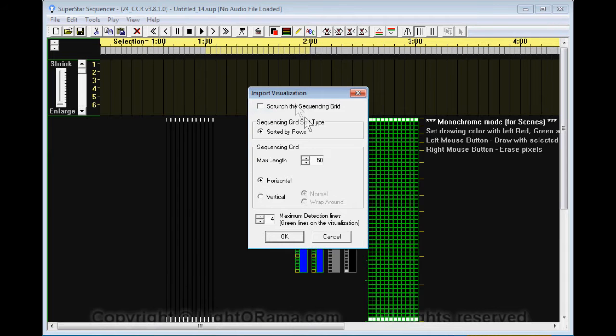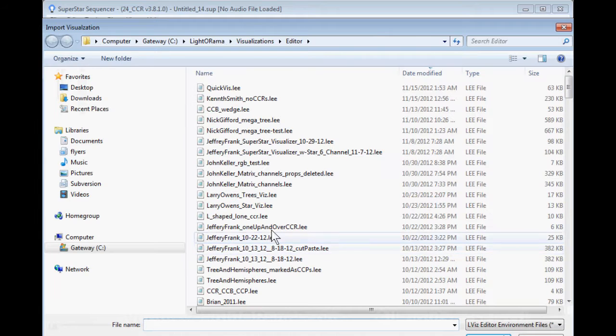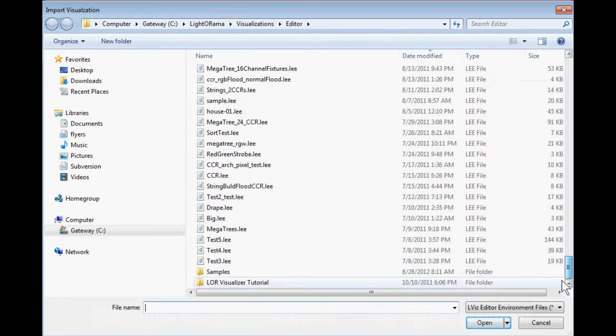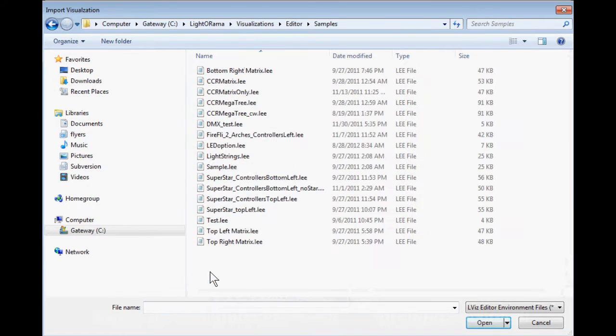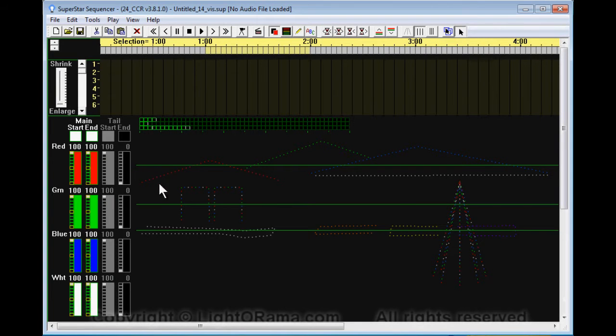In this dialog box you can just accept all the defaults and click on OK, and then it has you select the visualization file you want to import. We're in the default directory, which is visualizations editor, and I'm going to go into the samples directory off of there and open up lightstrings.lee, which will be on all of your computers. That comes down standard with the S3 download. We click on open, and here we see